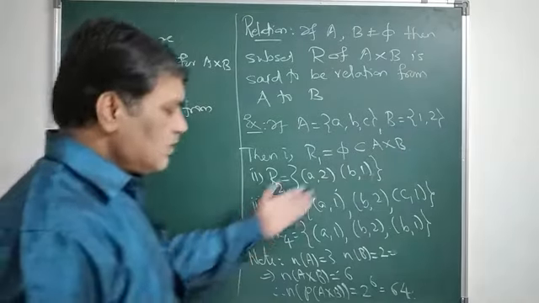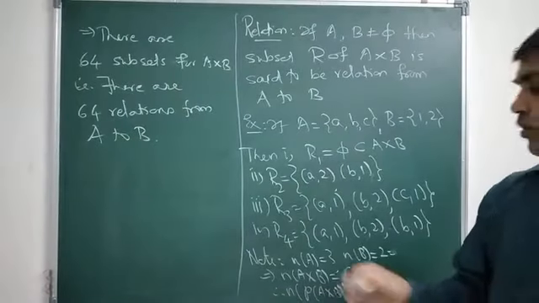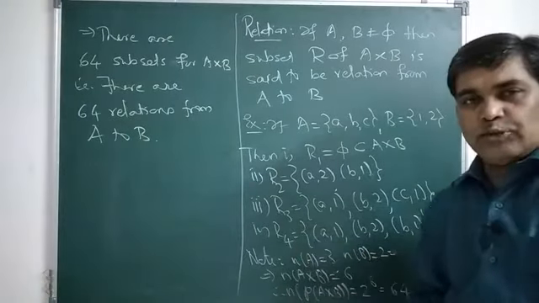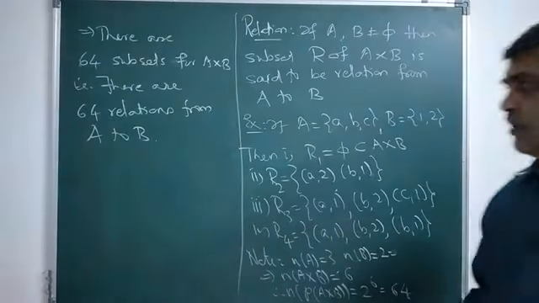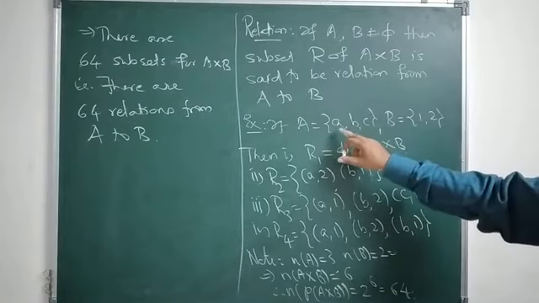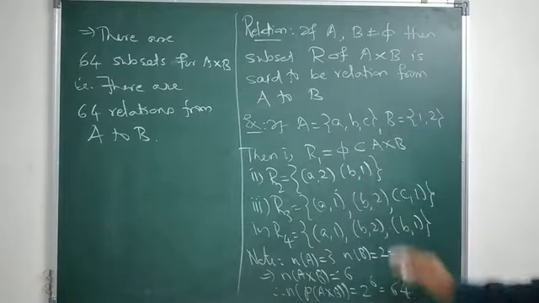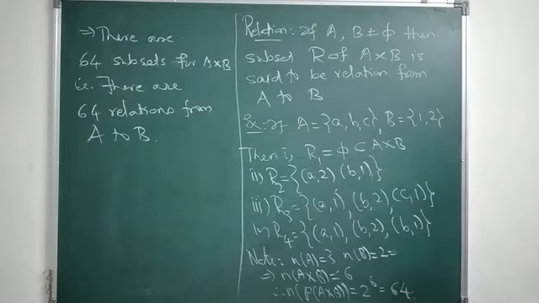Among these, I have written some relations from A to B. Among that, we have written a few relations from A to B. Only 4 relations I have mentioned. A cross B itself contains 6 pairs: (a,1), (a,2), (b,1), (b,2), (c,1), (c,2). That is also one relation containing the maximum number of pairs. That is one relation from